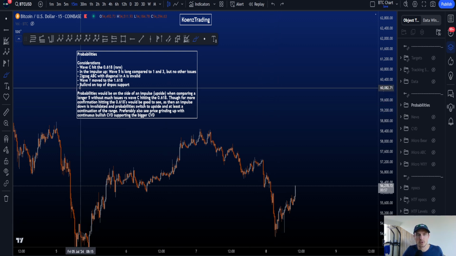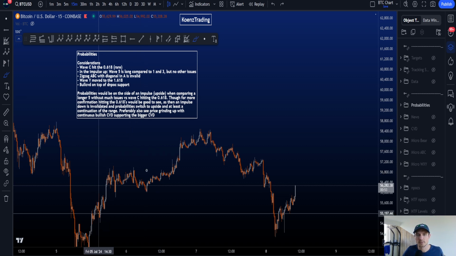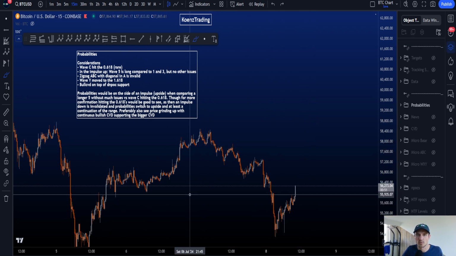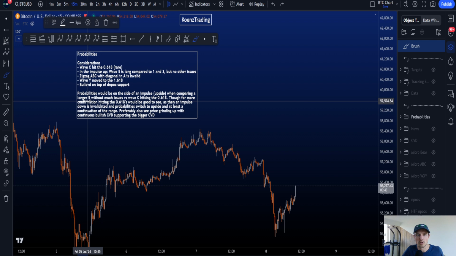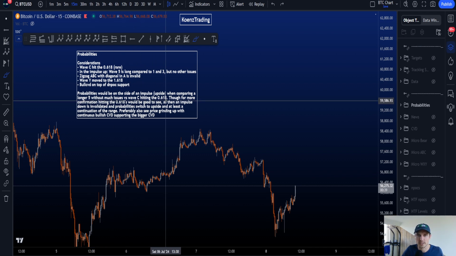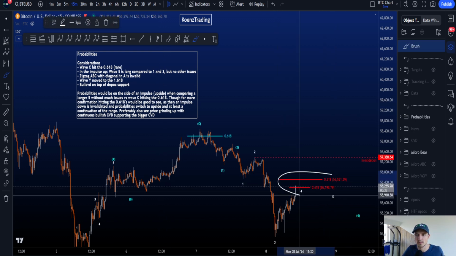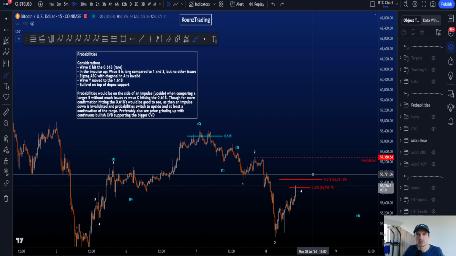So what I wrote over here is the probabilities would be on the side of an impulse to the upside, looking for an ABC or a 1, 2, 3, which of course would be most bullish, but an ABC on a daily time frame would work a little bit better at the moment. When comparing the longer 5 without much issues versus a wave C hitting the 0.618. Though for more confirmation, hitting the 0.618 on the chart, both of these over here, would be good to see,